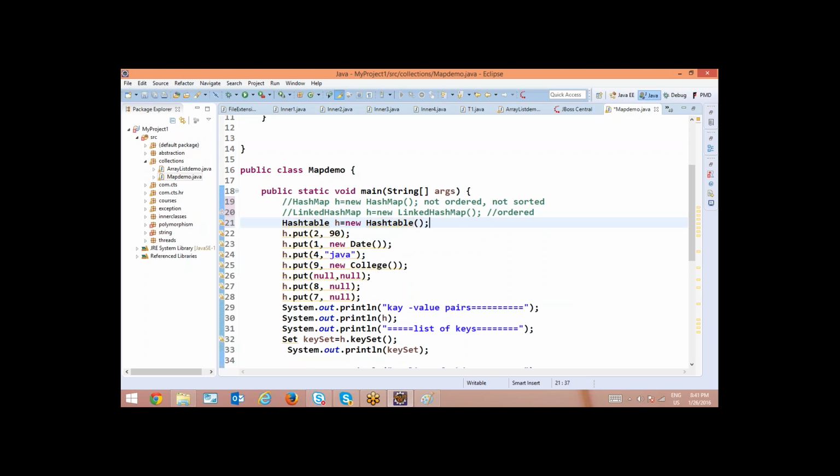All methods are the same. There is no change, but the internal implementation is synchronized. Synchronized means you prefer it for multi-threaded applications. Because of this synchronization, there is a locking and unlocking mechanism, so it will be slow.